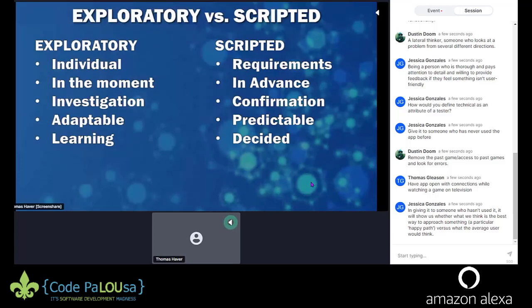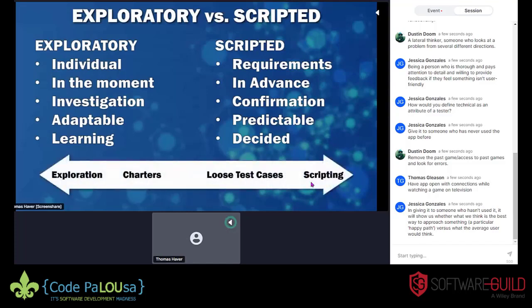So when we're committing to only scripted testing, we are committing to reduced QA activities. We are limiting ourselves in terms of the information that can be gleaned about the system, so we can provide that feedback on risk. When we're saying scripting, we are really cutting out one side of the spectrum from the testing standpoint. But we want to make sure that the value proposition from conducting exploratory testing is as